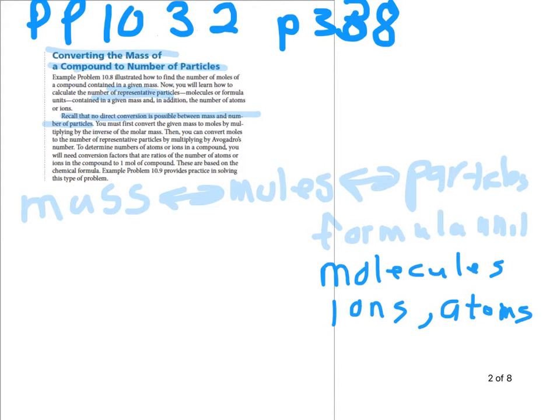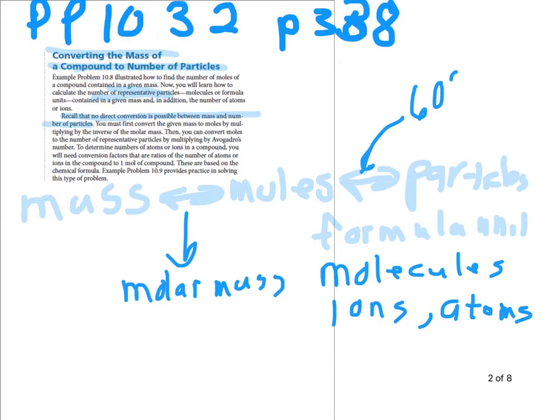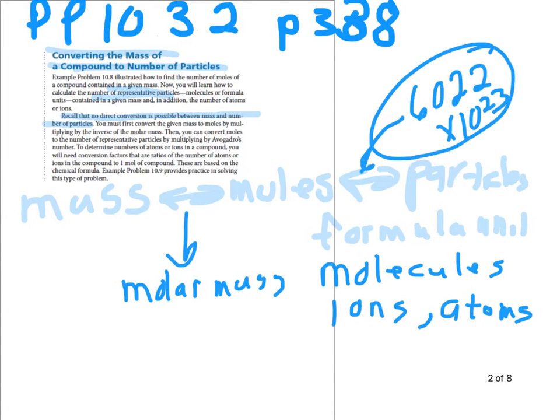As we're converting between mass and moles, we're going to use the molar mass. And as we convert between moles and particles, we use Avogadro's number, 6.022 times 10 to the 23rd. So as we're doing problems today, we'll be using molar mass and